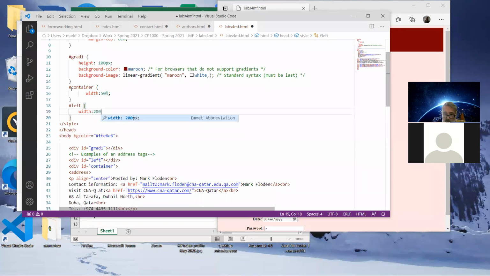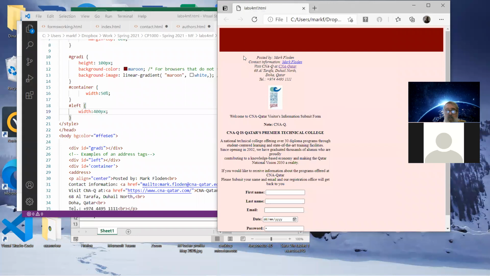Oh no, it's probably not enough. It's probably 400 pixels. So we're just trying to make this look a little better. Okay, so that hasn't made any difference, has it? So left, if I got left in the right place, if ID, that's before container. So I think maybe I need to float it to the,